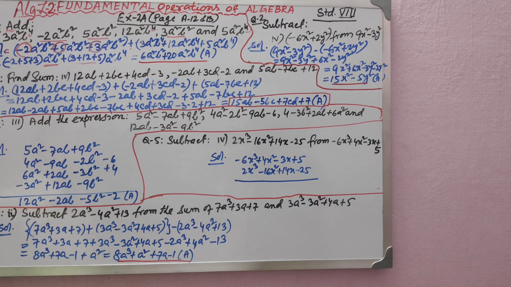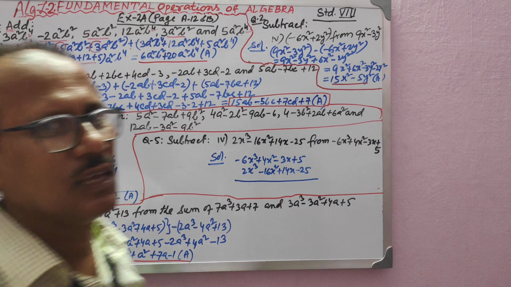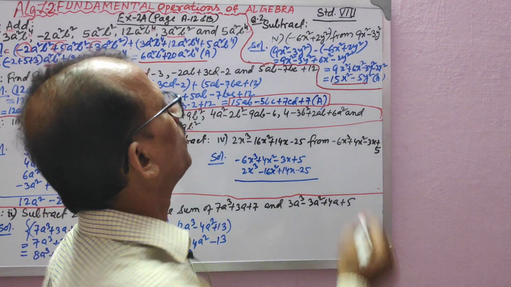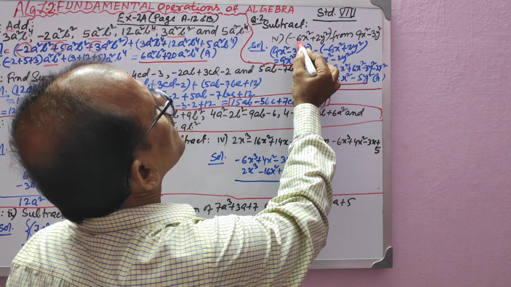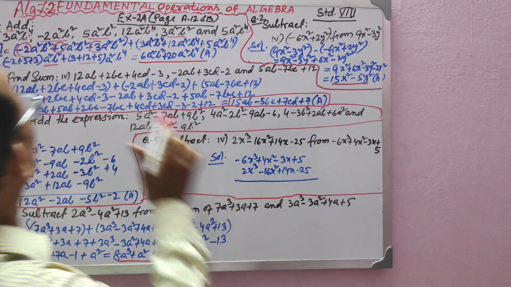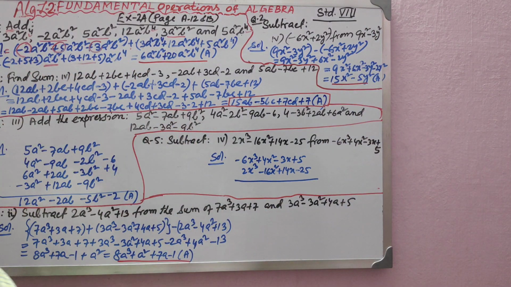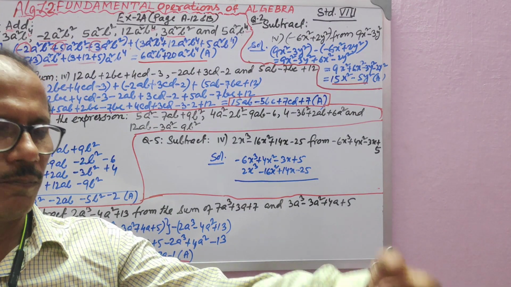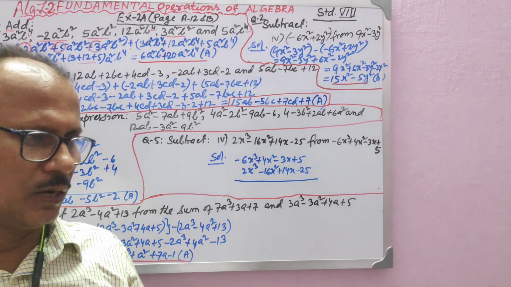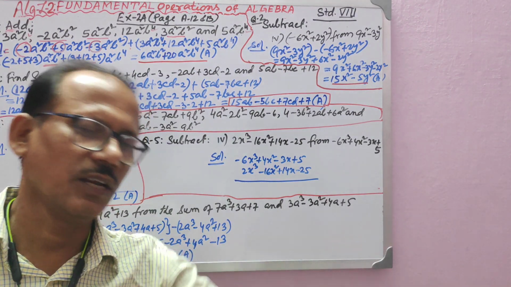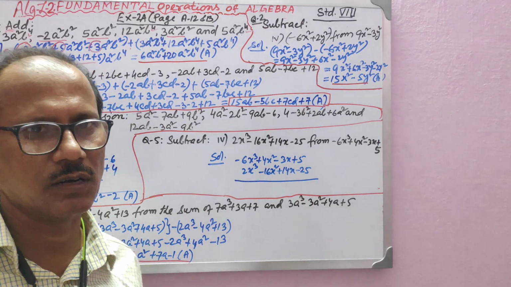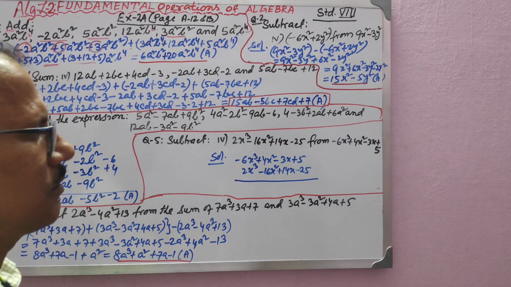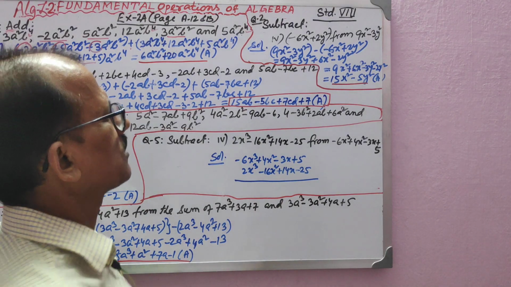I hope things are easy. You have already learned it. That is why I am not repeatedly telling you. Subtraction, you see, subtract this one from this. This whole procedure is the horizontal method of addition. It means you are not putting all the terms below each other and making a column. You are doing it in line. Simply you are adding on a line. So that is the horizontal way you are solving it. It's very simple, only the words you need to understand.